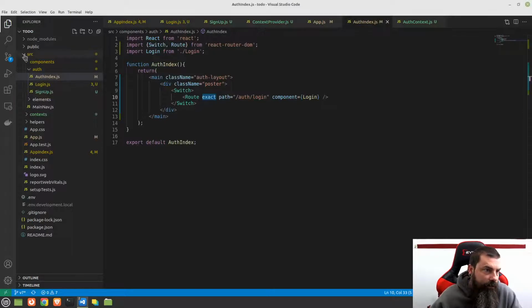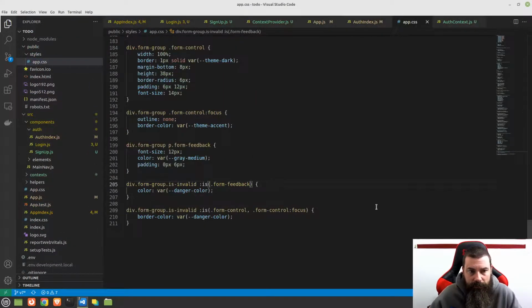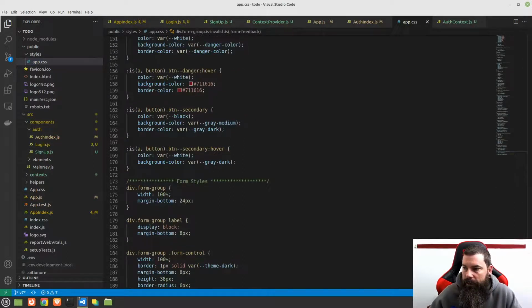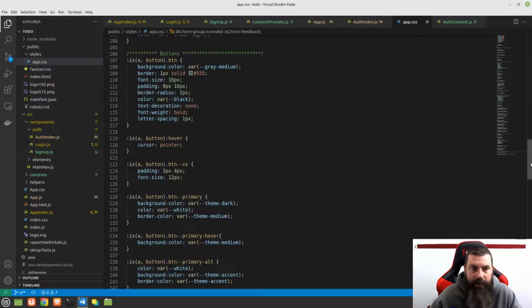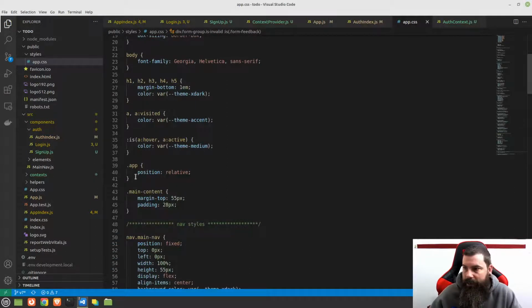Let's go to public styles app.css. Yeah, and let's go ahead and we're going to need a couple things. We have our nav, we have our buttons. Let's go back up towards the top here, and underneath right here where we have app,